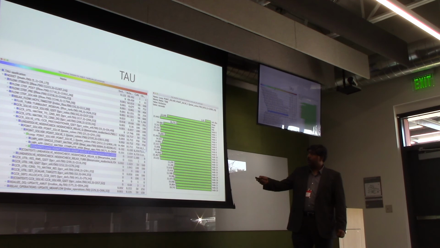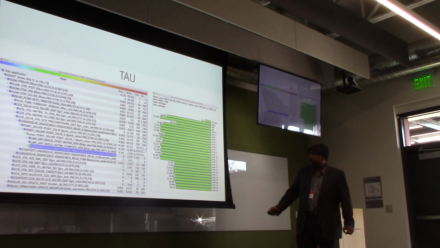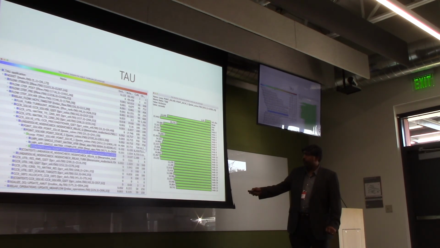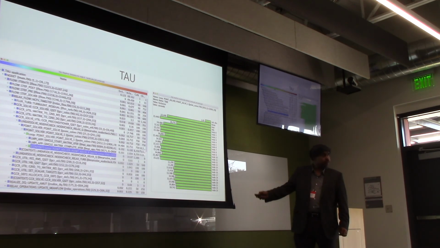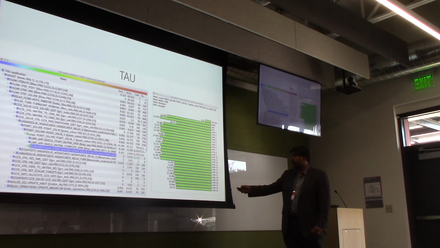You can drill down along a calling path with appropriate instrumentation and say, what exactly was this code executing. And you can see that it was executing, say, this PETSc solver, which came from this call to the single matrix complete transfer, which came from this call graph, so to say. So you can see the edge in a call graph and see which components called which other code regions and how much time was spent in that across all the ranks, across all the nodes,